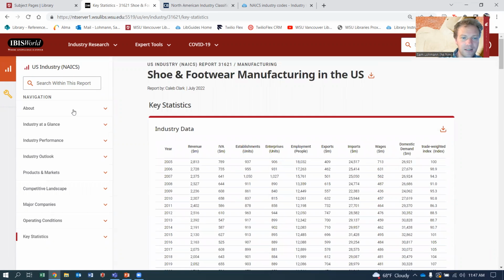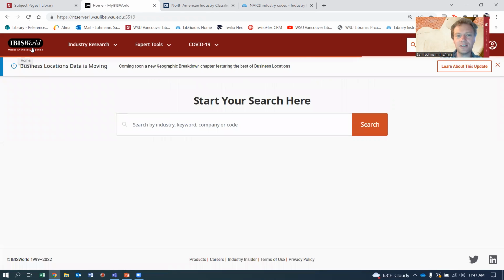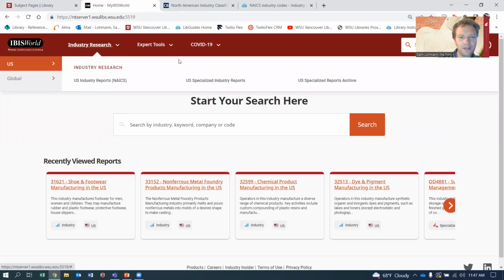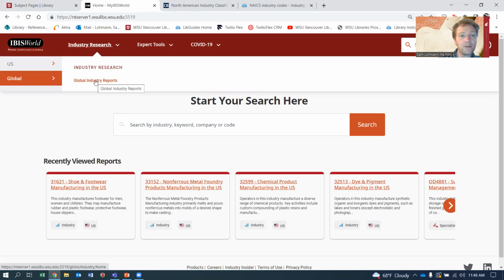So as you can see, these reports are long and dense, and you may want to download a table. Most of the tables can be downloaded as Excel files. And if you don't get what you're looking for with the NAICS code, you can also try a keyword search, because they have lots of codes for kind of specialized industries that don't actually have a NAICS code. Like we saw that for bakery cafes, they have that for food carts, consignment stores, things like that. So if you want to browse around, you can also look at the US specialized industry reports, and then they have these global industry reports as well.